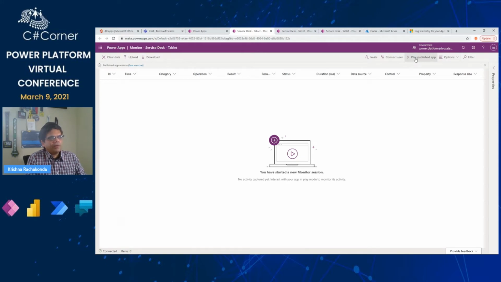And on that, you can click on play published app. This option will run the last published version, not any saved features, so we have to publish all the changes as well. The last published app will run, and all the operations which we perform in the app will be captured in